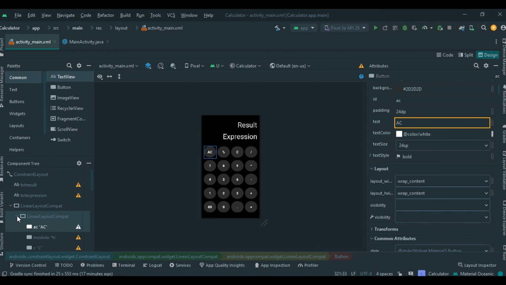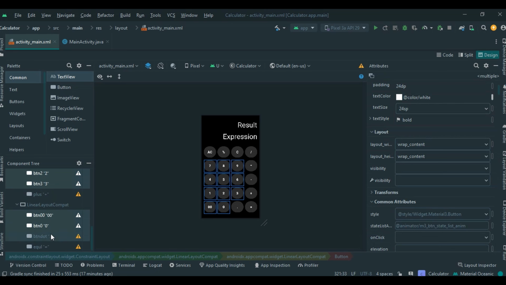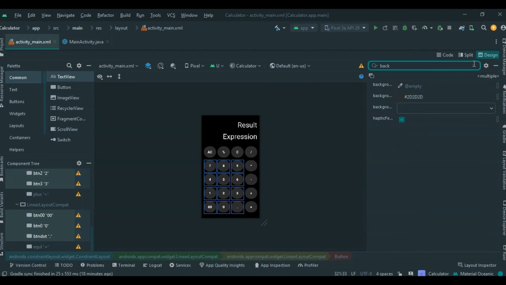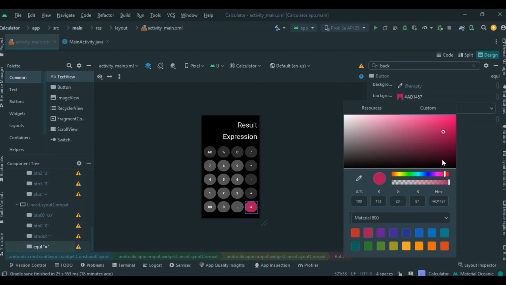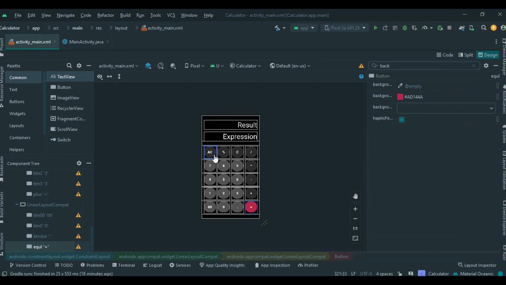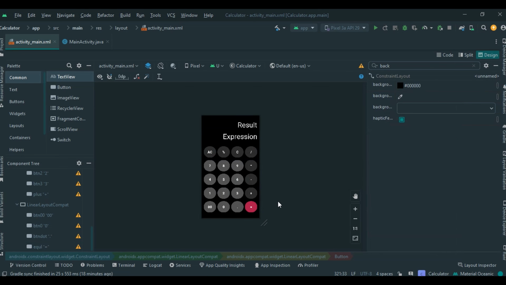Now we need to select all the buttons that have a number inside or the dot, so we can change their color to a little bit lighter, so we can differentiate them from other buttons like a real calculator. And we are going to change the equal to button color to pink, so it can be more visible and appealing. Then we are going to the main activity